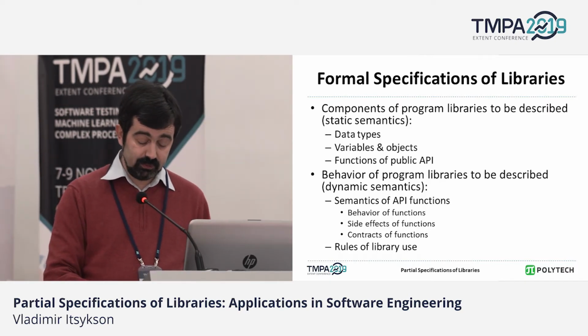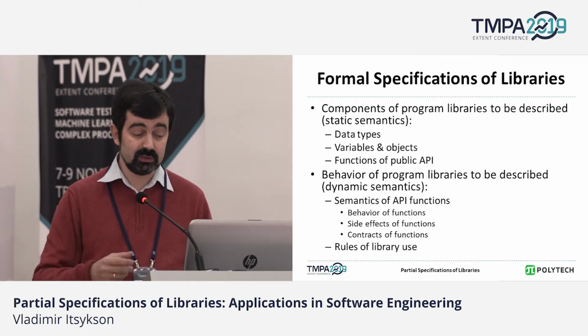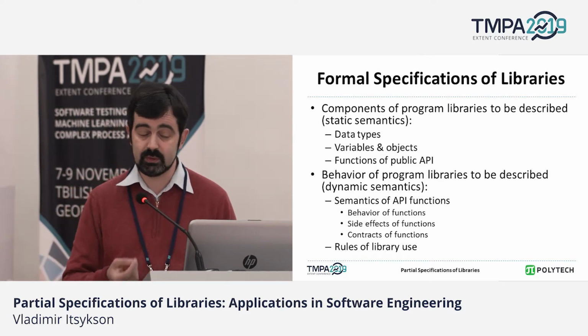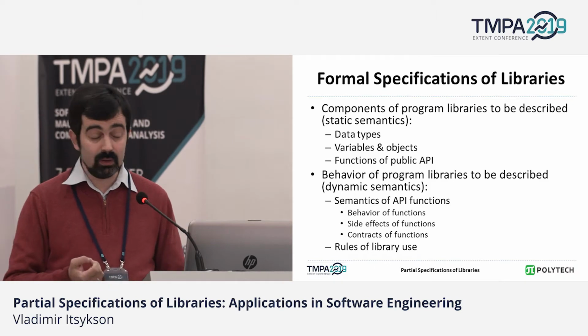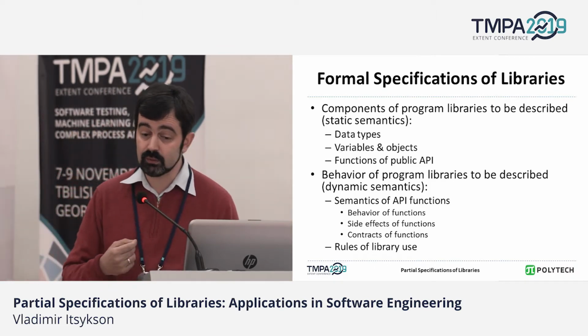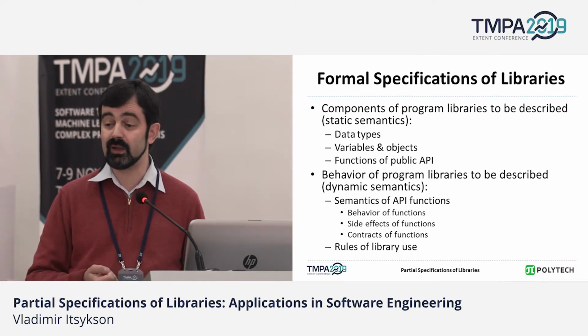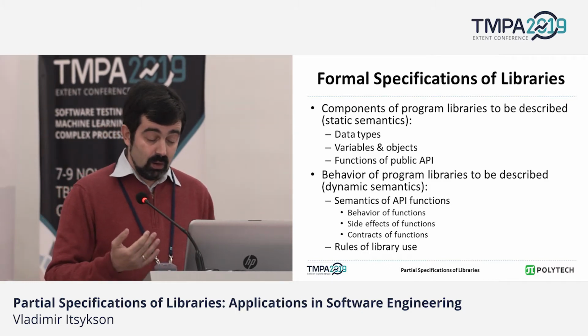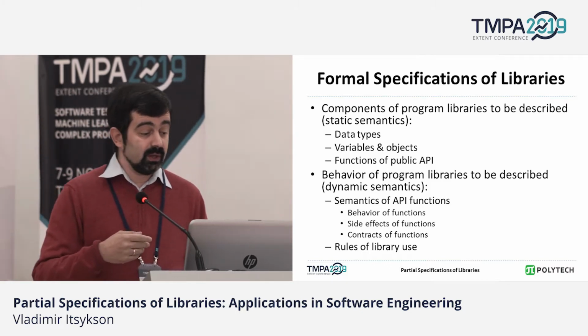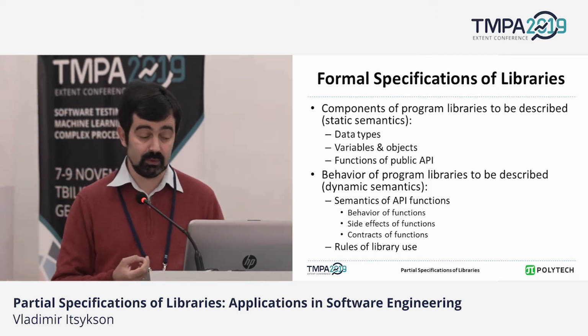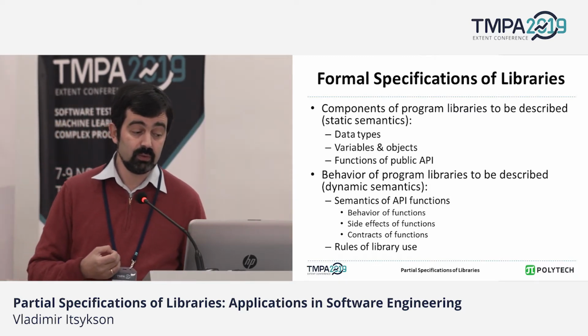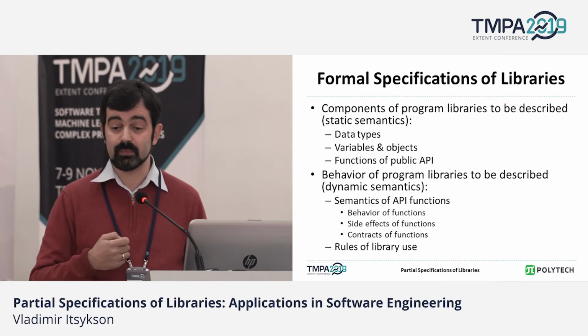Our specification should describe components of the program: its data types, its variables and objects from libraries, and the functions of the library's public API. Data types, variables, and functions are the static semantics of the library. Also, we should describe the dynamic